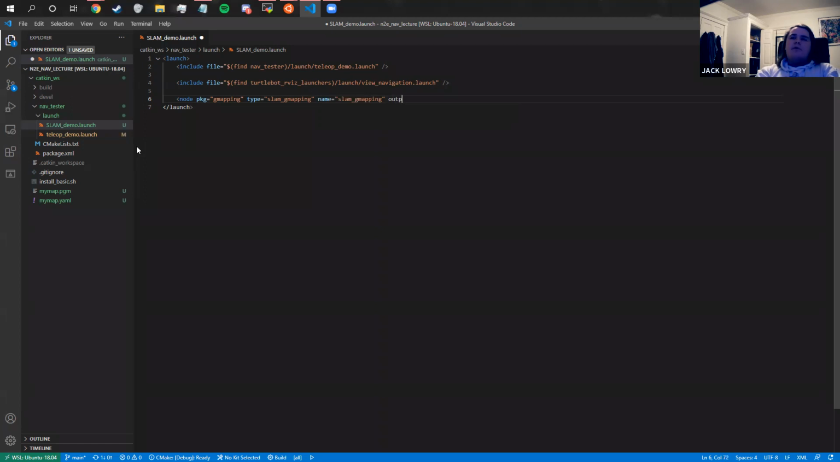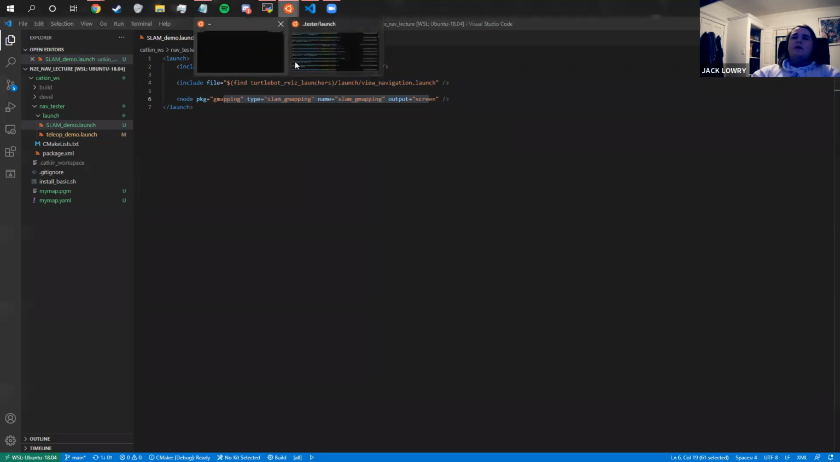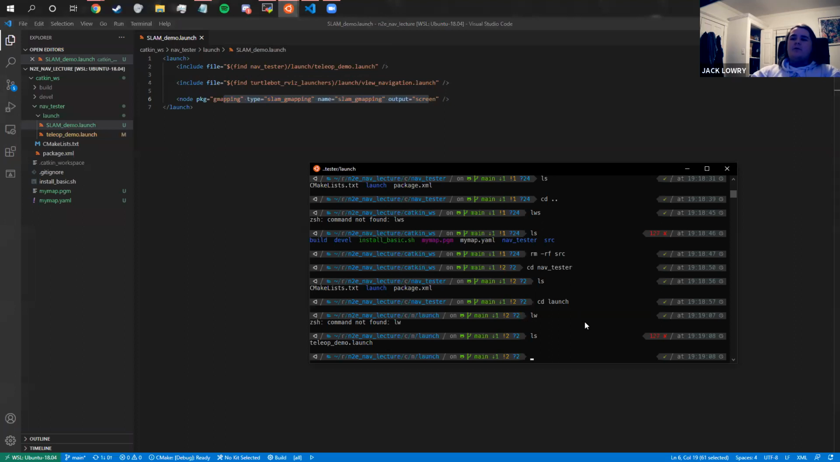And then output equals screen. That's just for debug output, but it's nice to have. Okay, so this is our first pass at the SLAM. This is it, right? Run Gazebo, run RViz, and then run SLAM. Pretty simple stuff. So in order to actually get this built, what we've got to do is